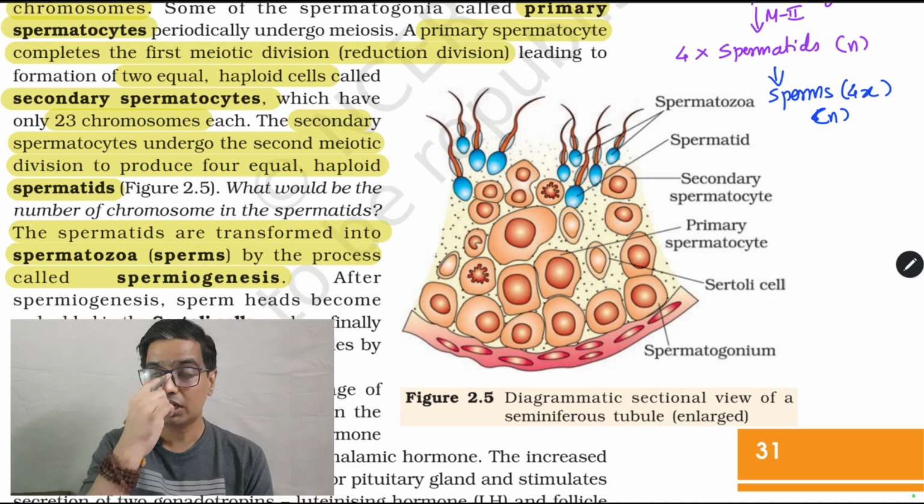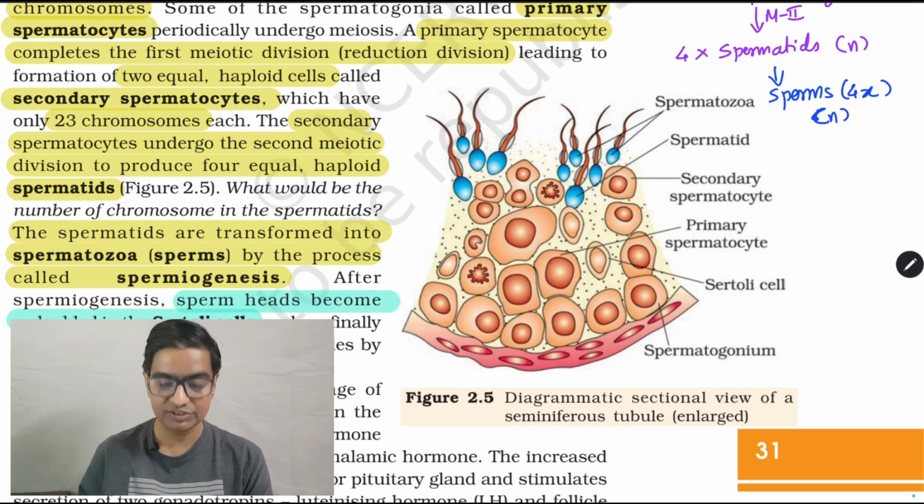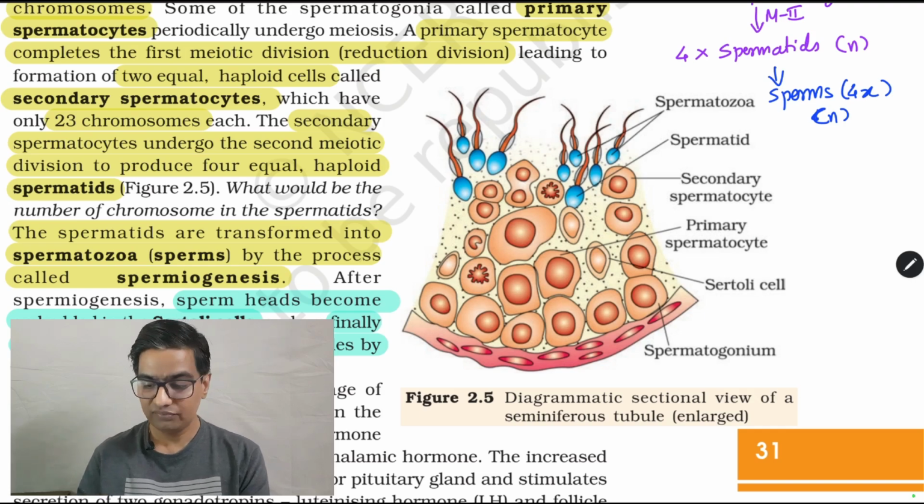Now these sperms are still embedded in the Sertoli cells. The heads of the sperms are still embedded in the Sertoli cells. Finally, the Sertoli cells will tell the sperms, now your time's done here, please go. That process by which the sperms are released into the seminiferous tubule is called spermiation. Do not confuse between